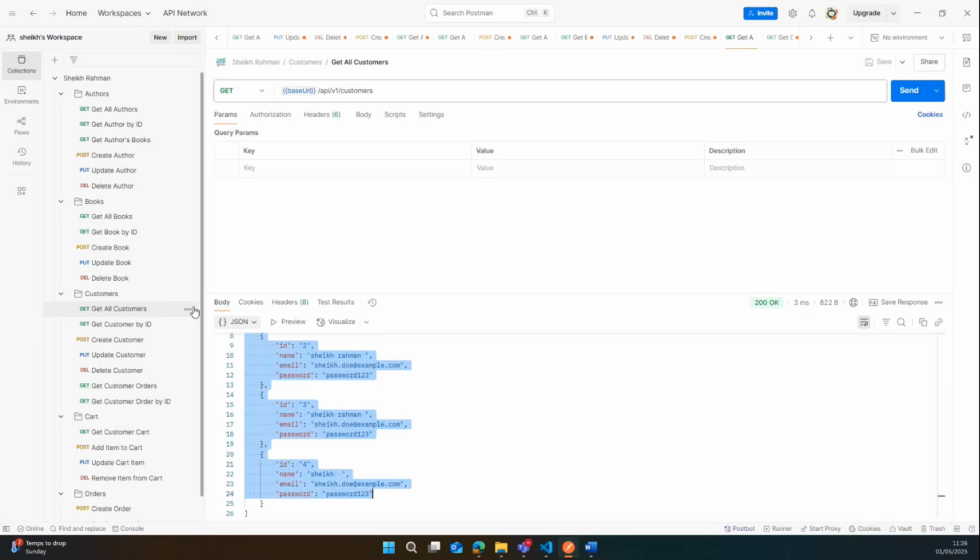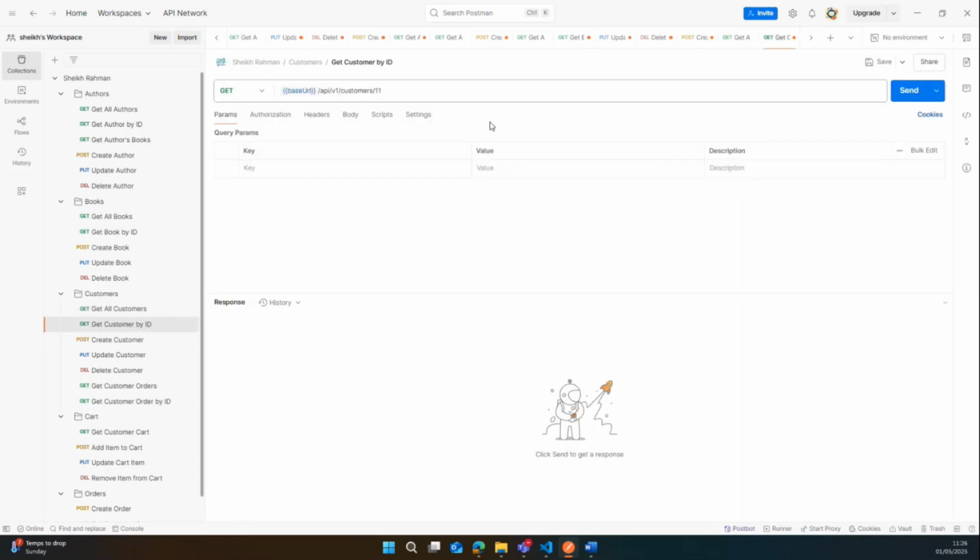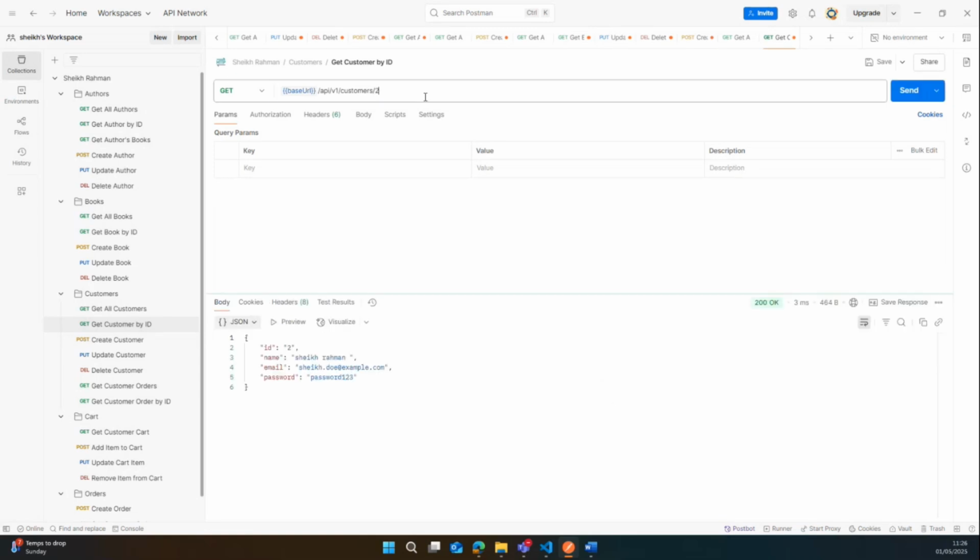Okay, request was successful. If I wanted to get a specific customer, I will use their ID. So if I wanted to get ID number 2, it's showing me ID number 2, and those are the details, and the request was successful. And all the details about the customer. If I wanted to get a non-valid one like 21, it's going to show me customer not found and 404